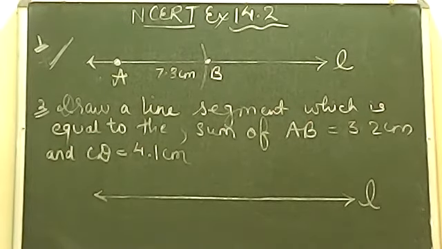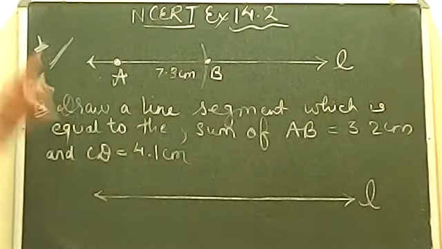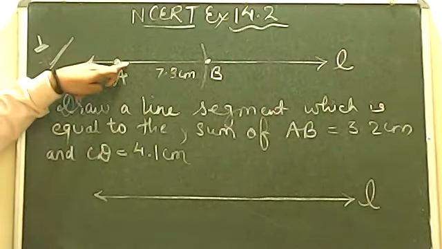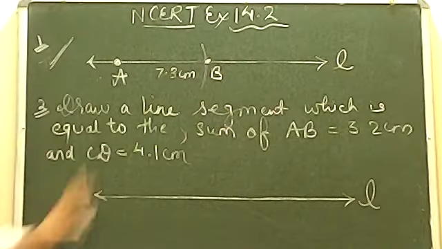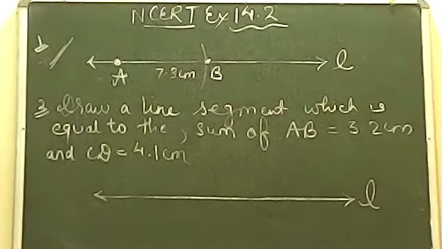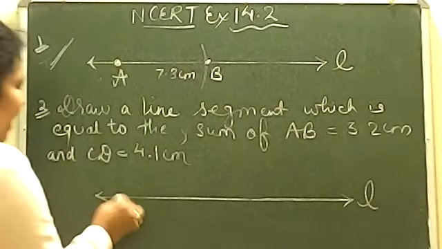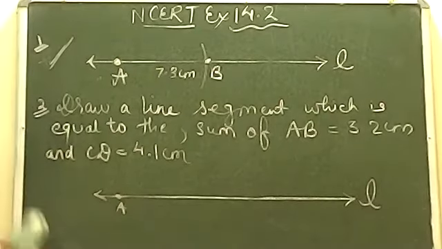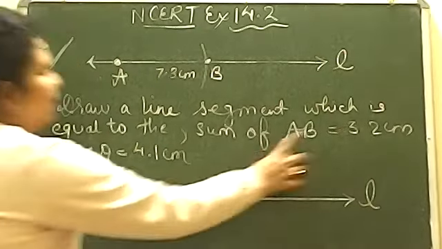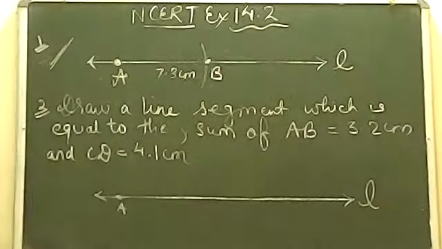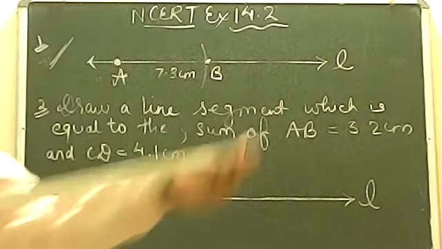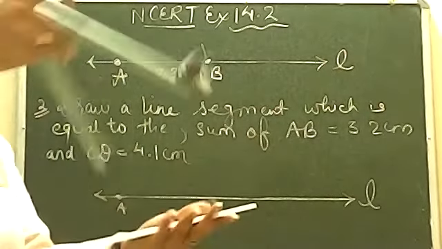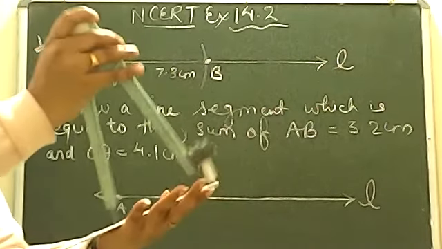Yes. So now let's try it by the same method as we applied in question number 1. What we will do, beta? We will first mark a point here, A. Okay. Now what it is telling, A से B चाहिए 3.2. So I will take my ruler. This ruler I will take. I will mark 3.2 over here.